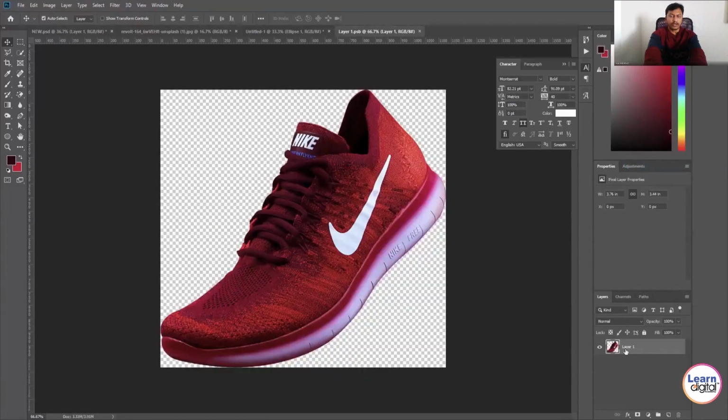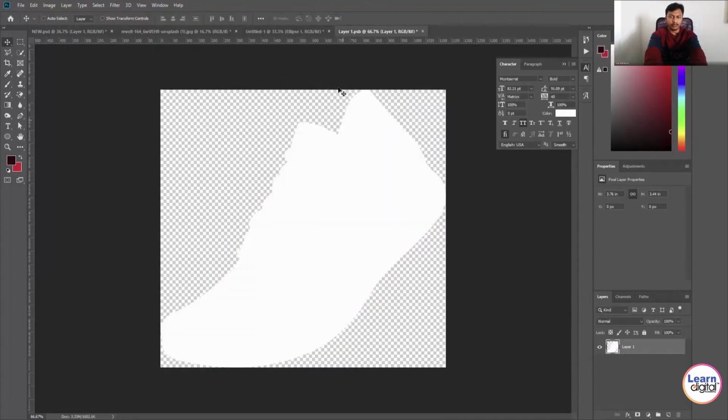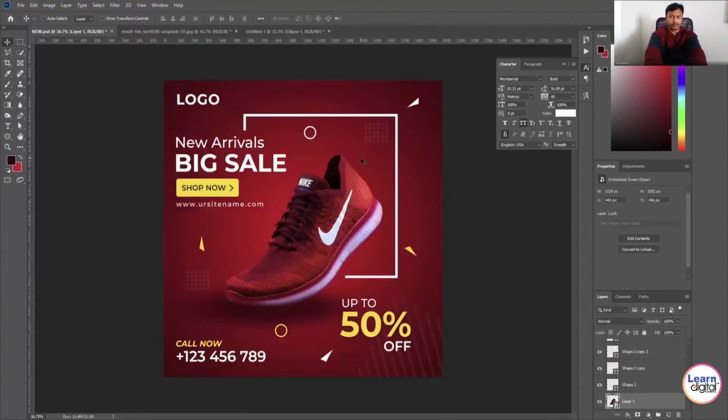I converted the object into a smart object, like the shoe one. If it is really required, play with the things. Otherwise, it is not at all necessary. So do a lot more experiments, like trial and error.